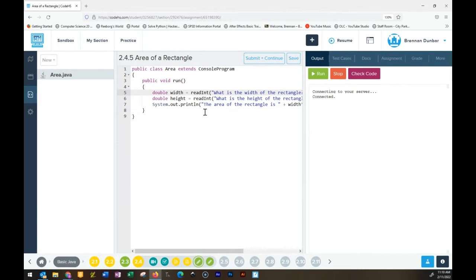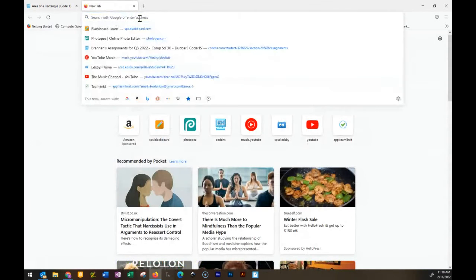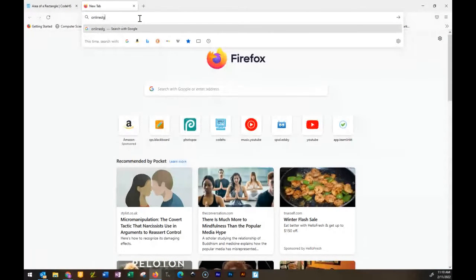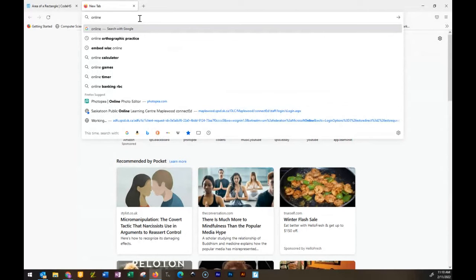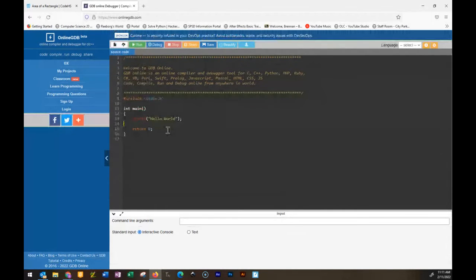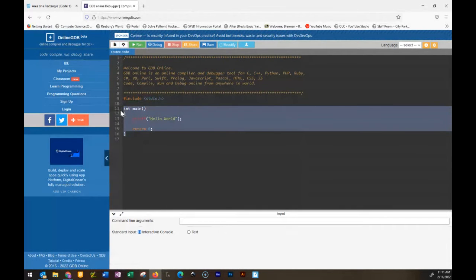So you will note that if you try to take code from, I'll just take this little section of code here, and take it over to an online interpreter, in this case the one that I like to use, OnlineGDB. If I take this chunk of code over to GDB and try to make it run,